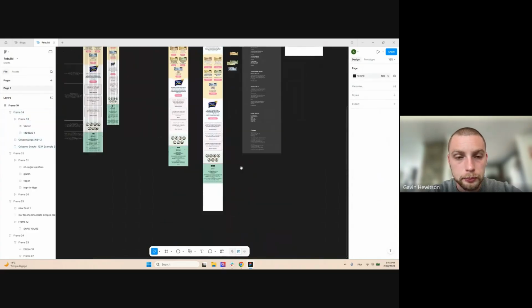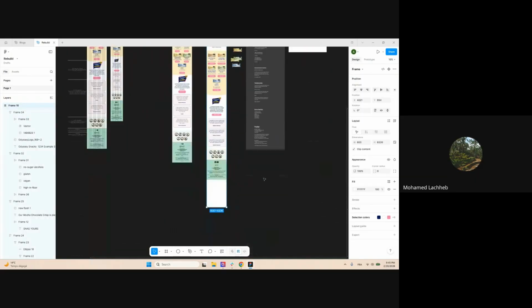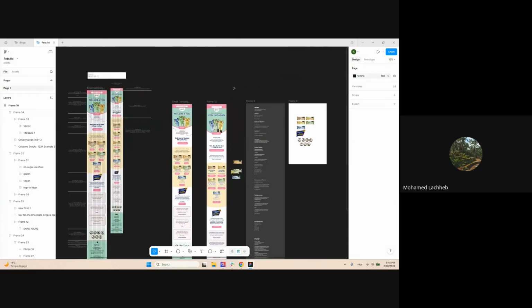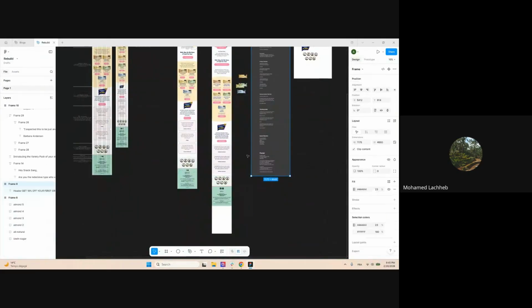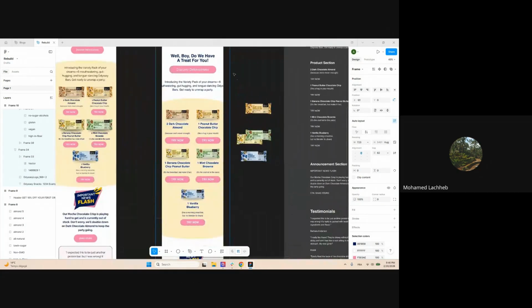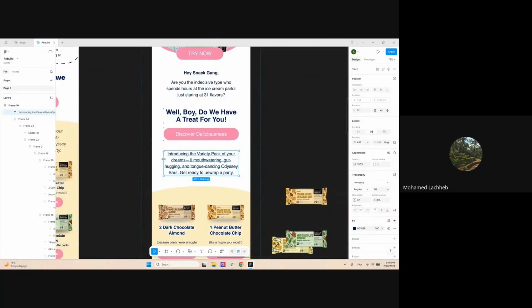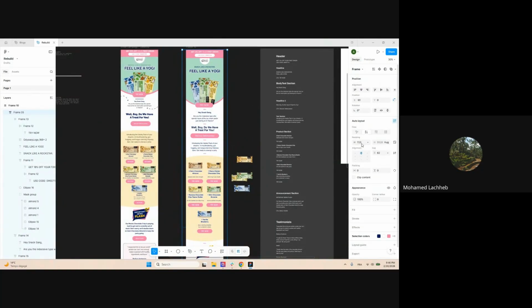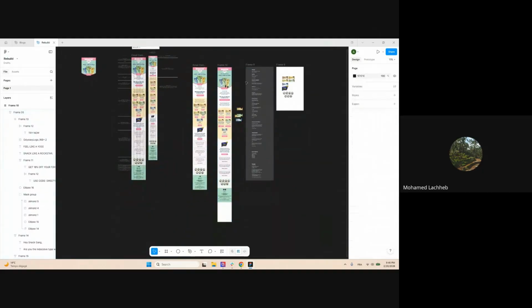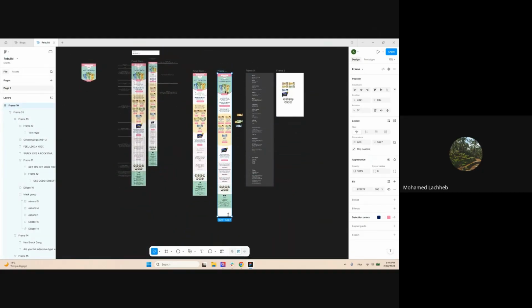Excellent. And again, after completing my email, what I like to do is auto layout all the emails. So I select all the elements, press Shift A again, and then it straightens it. Yeah, and I go back and adjust things like that. So I go here for 600. There we go. So now we have our email, and it's